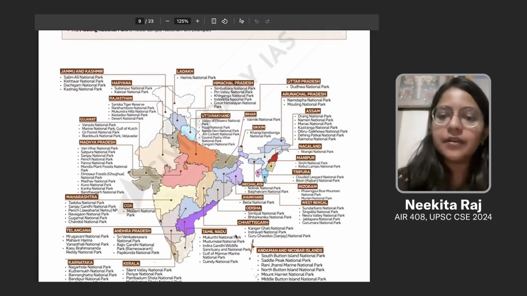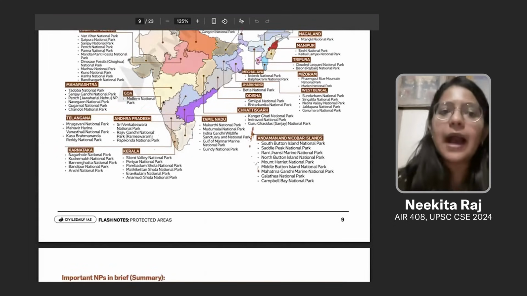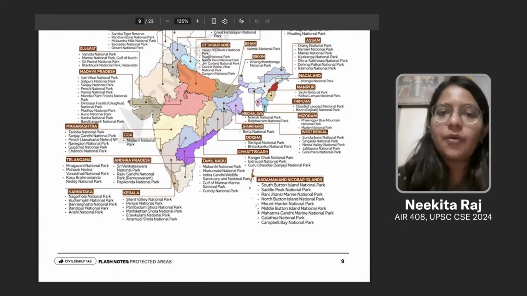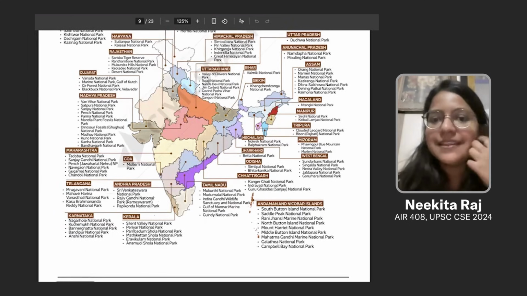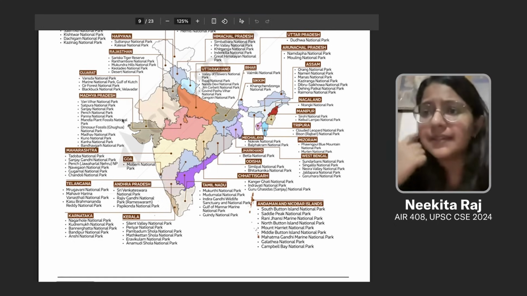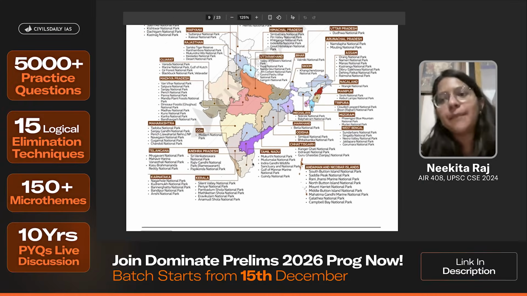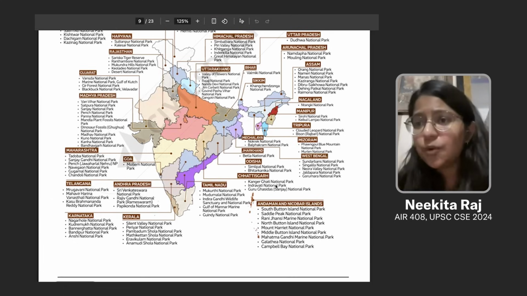And then you have this nicely done map where, state wise, it has been very beautifully divided as to which national park is where. Now I understand that in the first place this can look very overwhelming, and you feel that all of this cannot be remembered, which I agree, not everything can be remembered. But if you visit this map 3, 4, 5 times, I think there are many places which you people already know. You have studied them in school, you know them through the news, most of you would have gone and visited these places. So some things you will remember anyway, and some will overlap with wildlife sanctuaries as well.